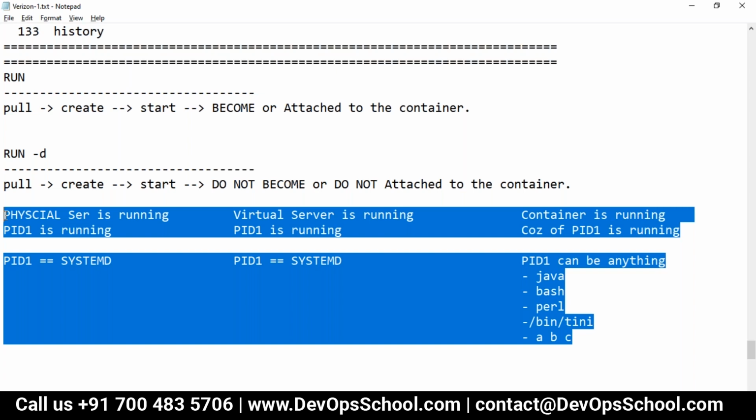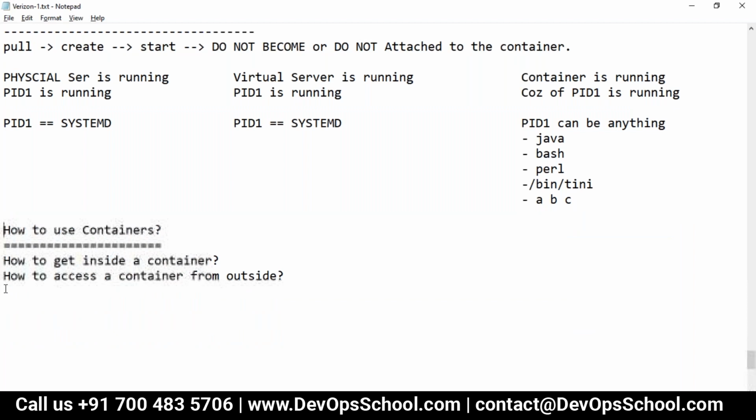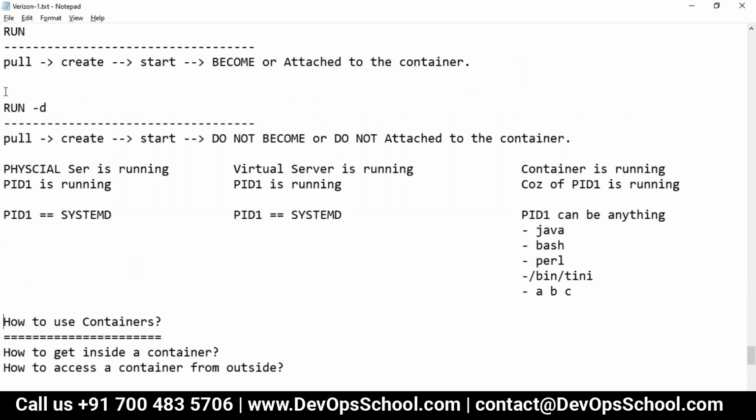You are gone, PID 1 is gone, container got exited. So guys, is this clear concept for everyone? All of you? Yeah. Great.